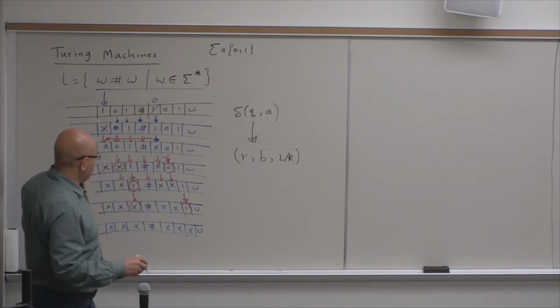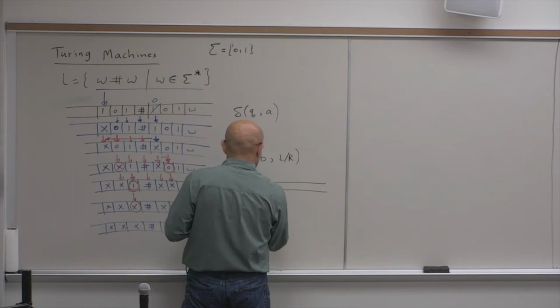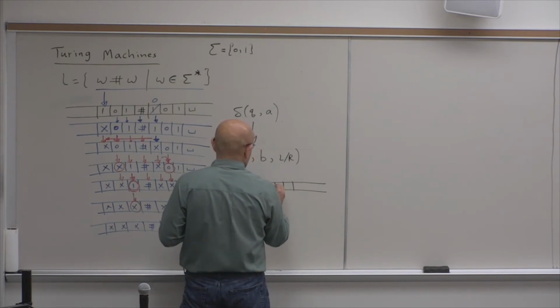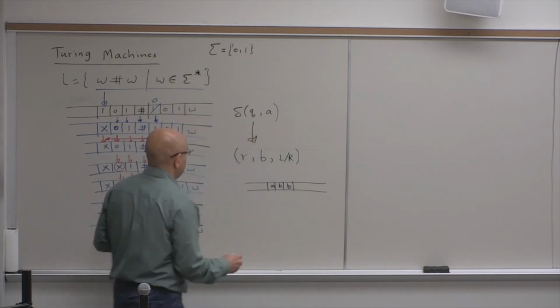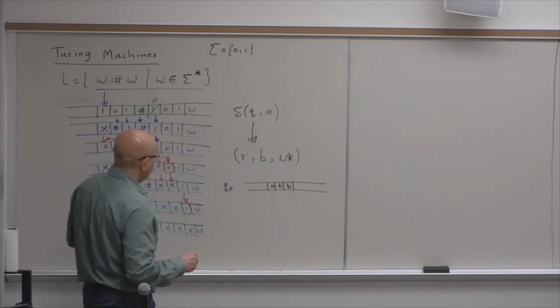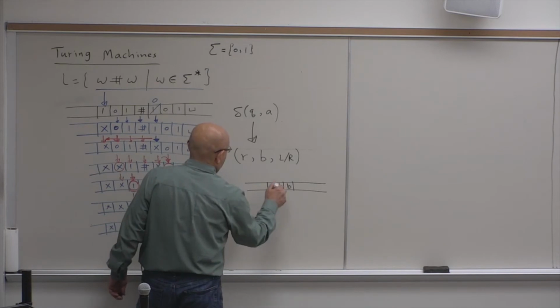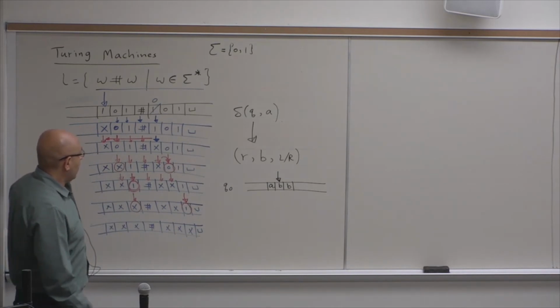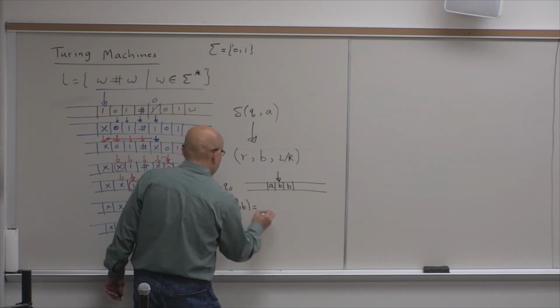Okay, so for a small example, suppose that we have this Turing machine. This is A, B, B. And we are in state Q0. And we have the tape here. And we have delta of Q0 and B equals,